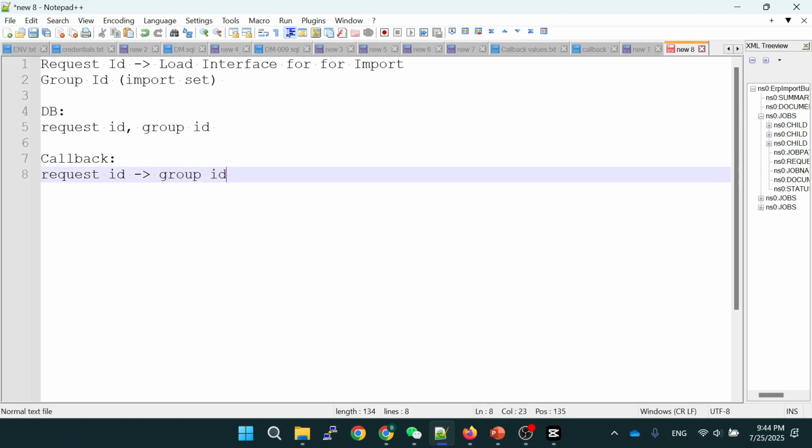And this one is a unique identifier for this particular data import. So it could be used to interrogate the data in the interface and application tables. Okay,